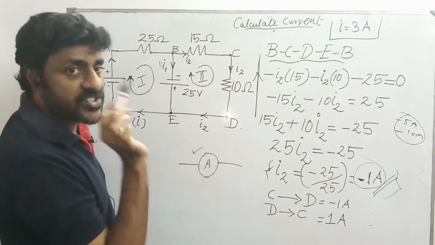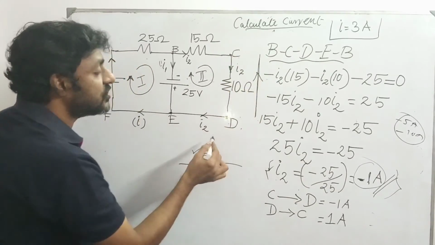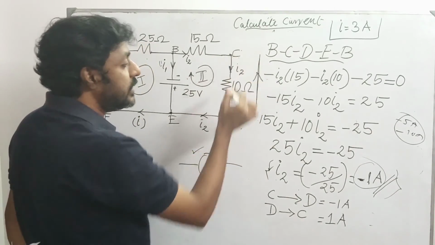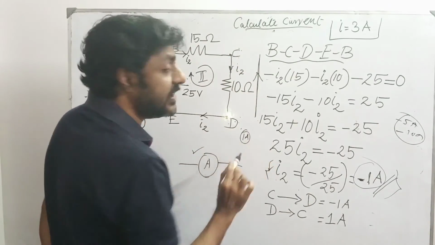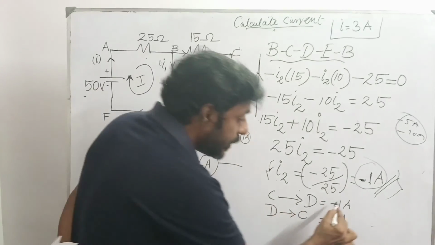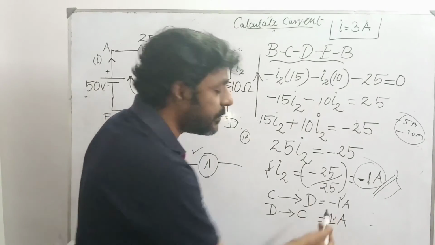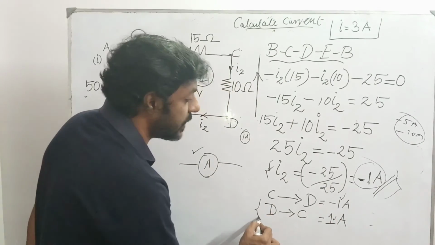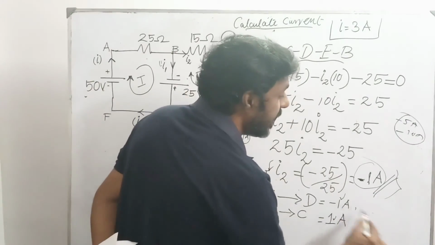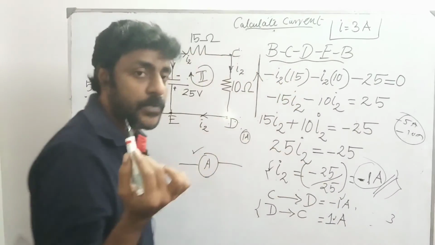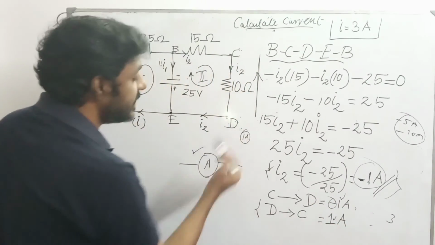So my current does not have a negative value. I need to add a statement stating that the direction of the current is not from C to D, but from D to C. It is from D to C, and the value is 1 ampere. The magnitude of the current is the same, but the direction is different. If the direction is different, no problem. You need to just add a statement, but the magnitude should always be the same. For 1 ampere, you shouldn't get 3 ampere or 5 ampere, right? You got only minus 1 ampere. Since it's a negative value, you should assign the direction from D to C.